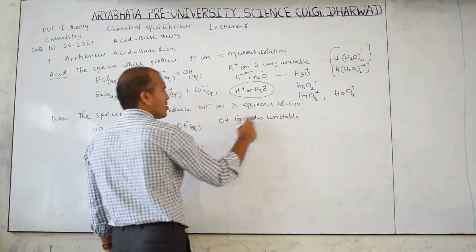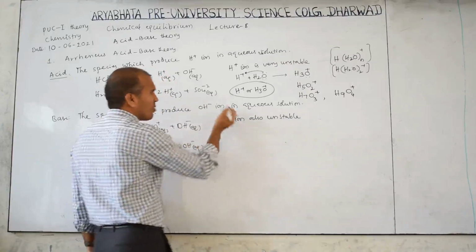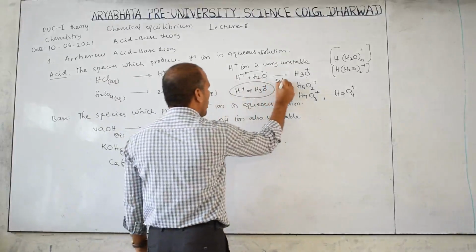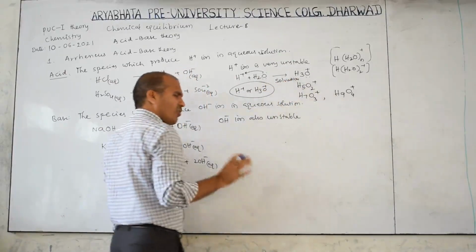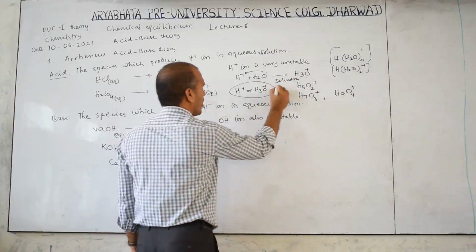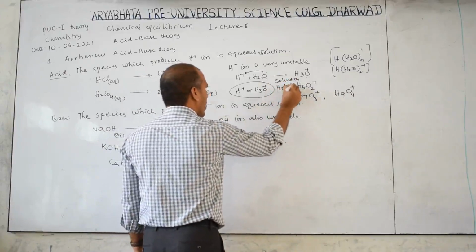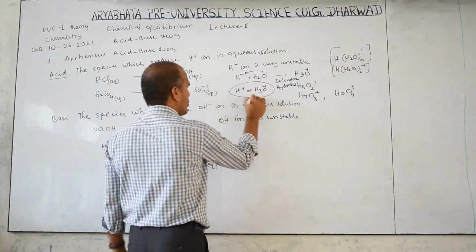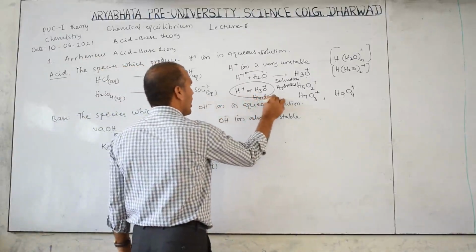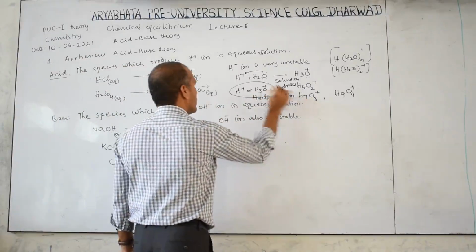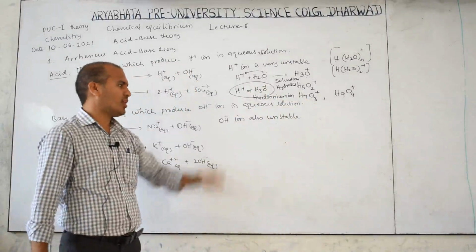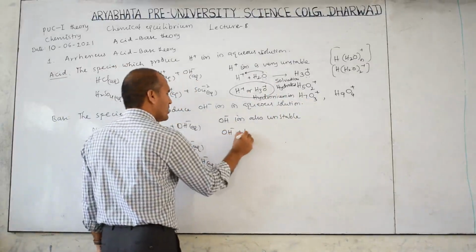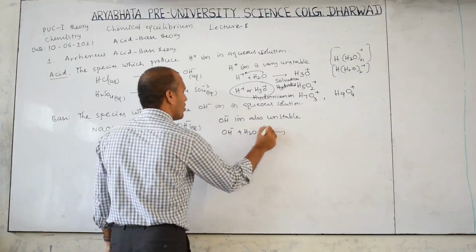If you feel this unstable form, in this stable form you can write, no problem. And OH minus ion also exists in combined form. H plus is surrounded with water molecules, then it is called solvation. If the solvent is water molecule, then it is called hydrated form. Its H3O plus is known as a hydronium ion. Now OH minus ion is also unstable, therefore OH minus plus H2O, this is called solvation.